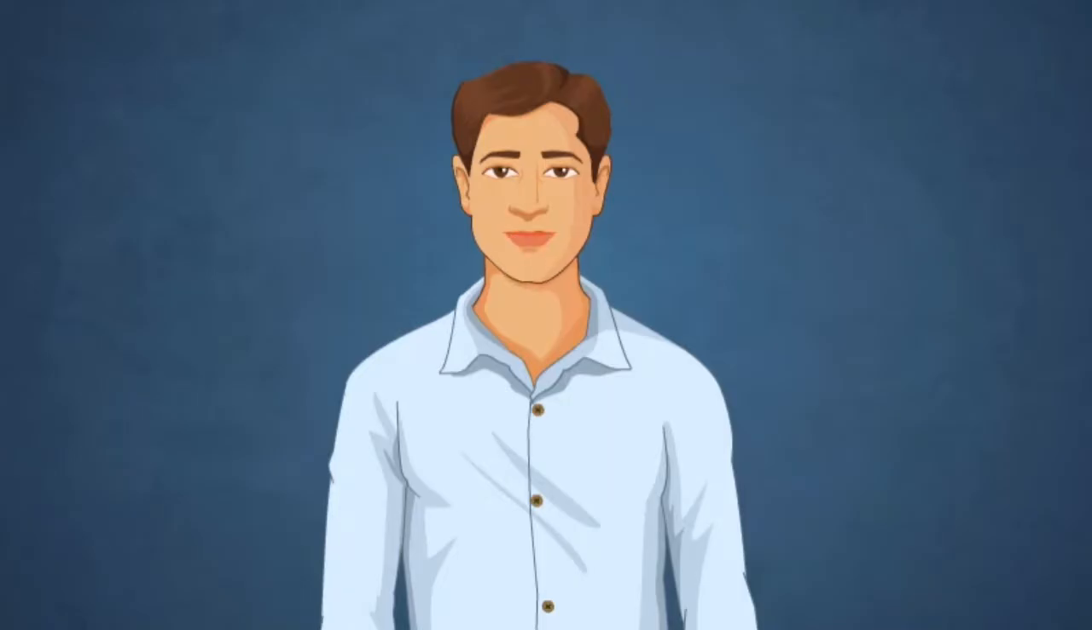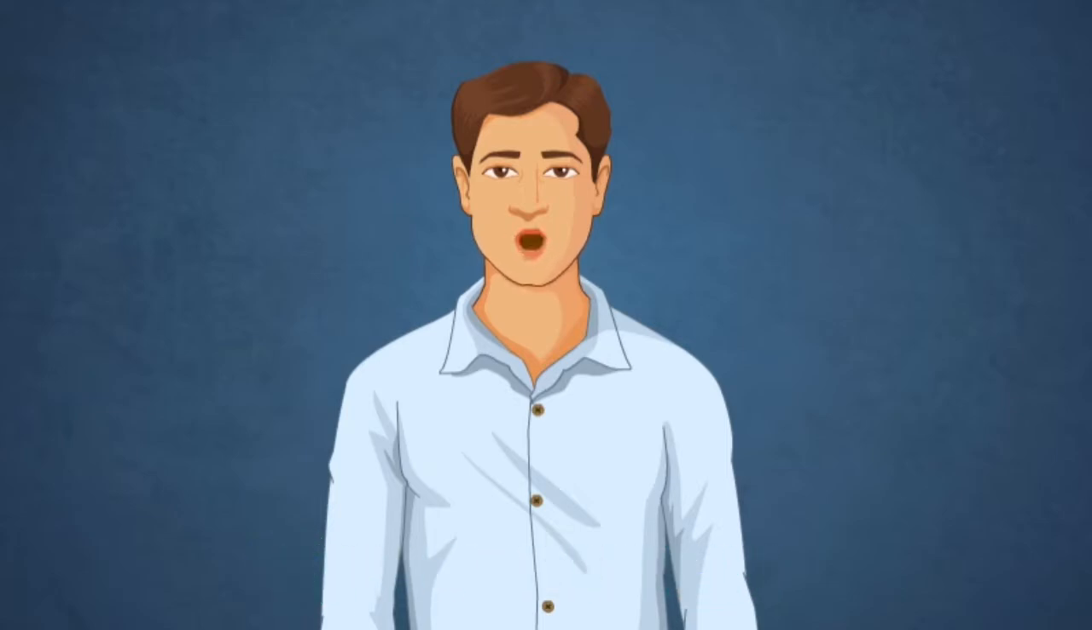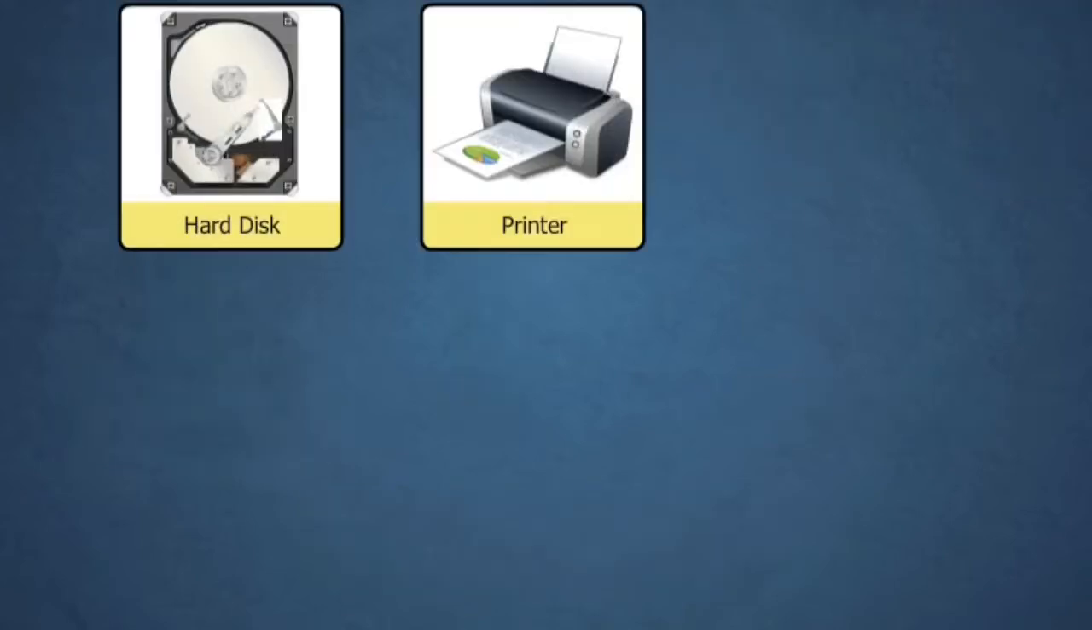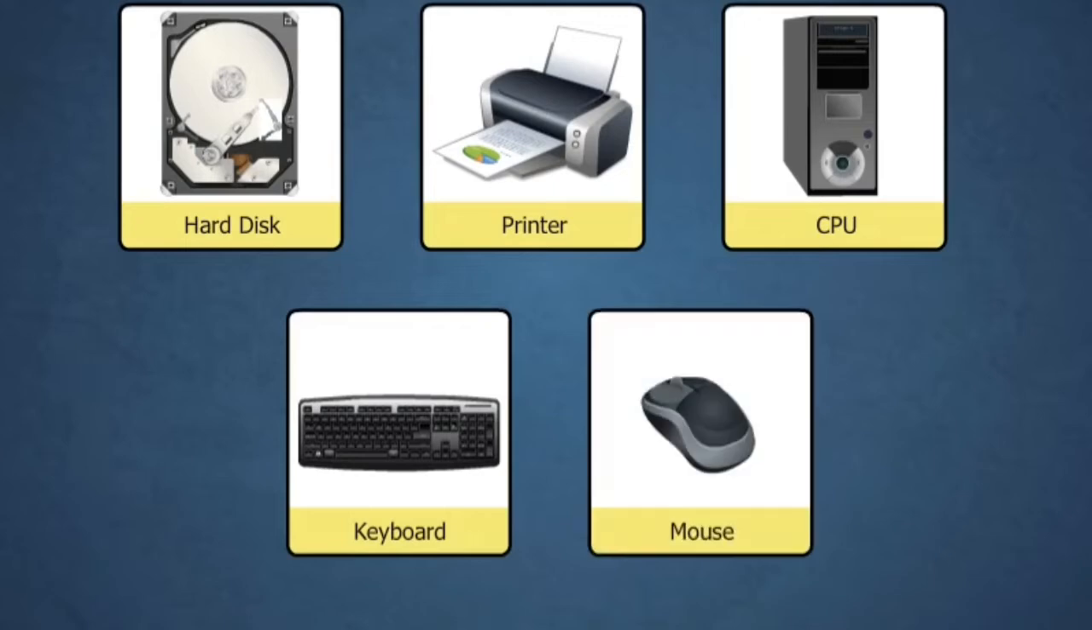We know that a computer is a collection of hardware and software components. You must be curious to know what are these hardware and software. Let us check out. All physical components of a computer that can be touched or felt are called hardware. The electronic circuits and mechanical components of a computer, such as hard disk, printers, central processing unit, keyboard, and mouse,